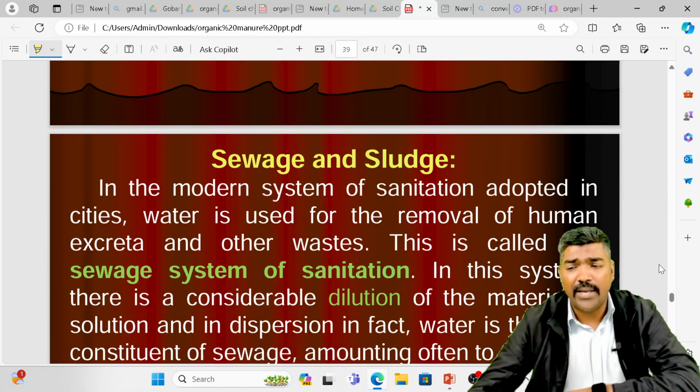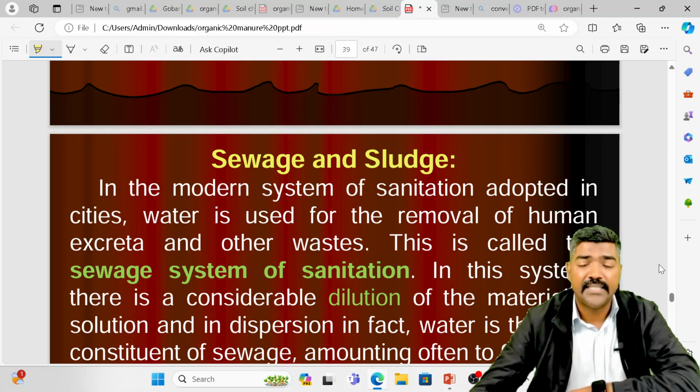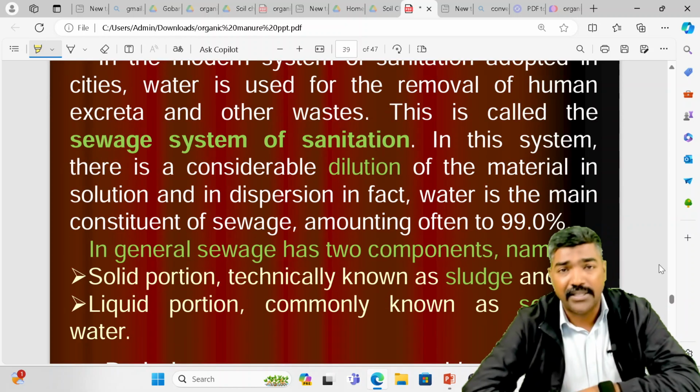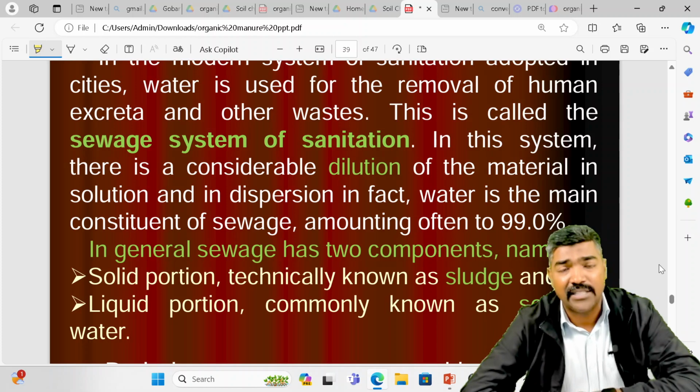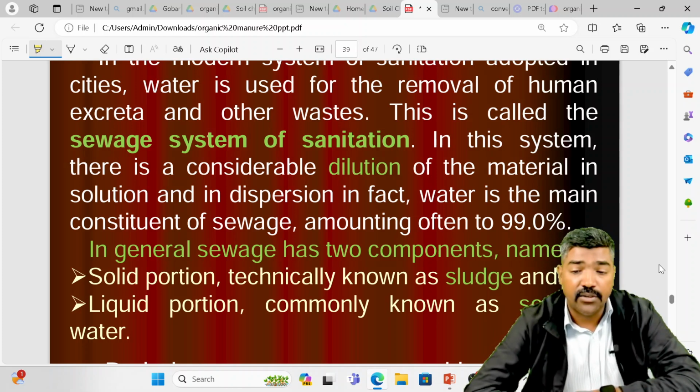Now you can see sewage and sludge. In the modern system of sanitation adopted in cities, water is used for the removal of human excreta and other wastes. This is called the sewage system for sanitation. In this system, there is considerable dilution of the material, with dissolution and dispersion. In fact, water is the main constituent of sewage, amounting to